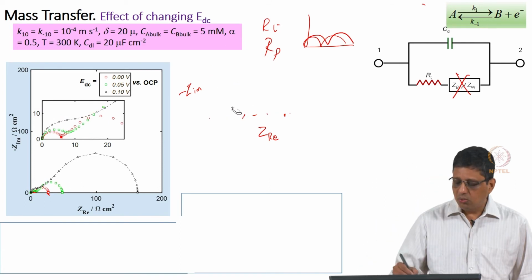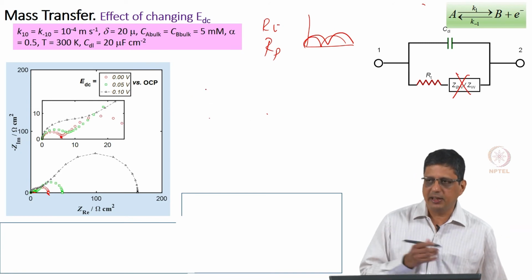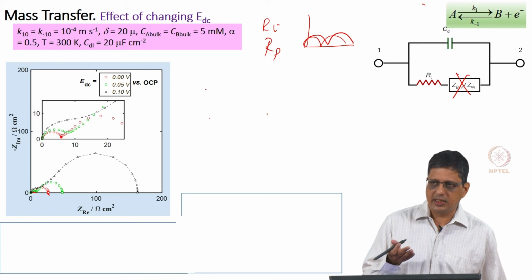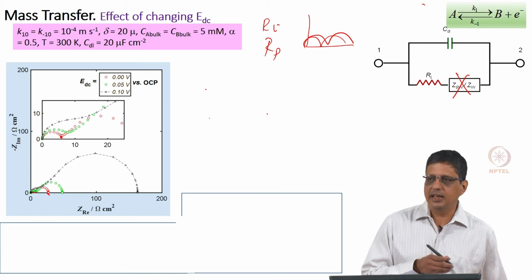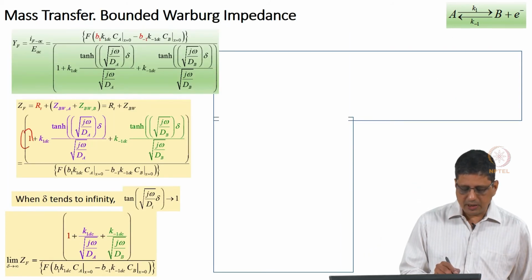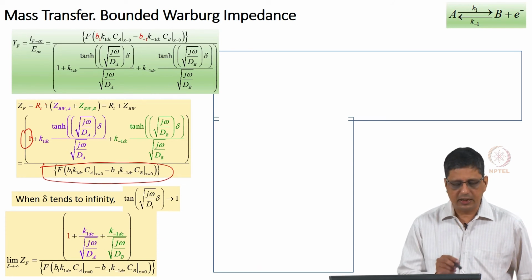Right. Now, why does it behave that way? When you increase the potential, we expect the reaction to happen at a faster rate. At least one of the reactions should happen at a faster rate. Faster rate means more electron transfer, and we would say less resistance. So, if you go back to the expression, the red color part in the numerator with the black color part in the denominator corresponds to R t.